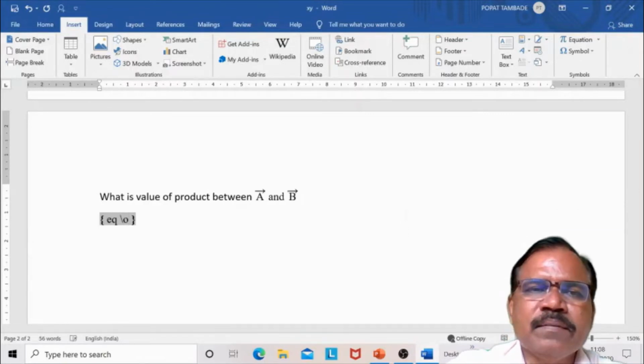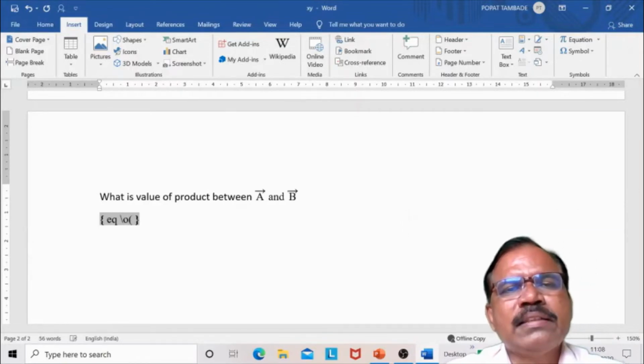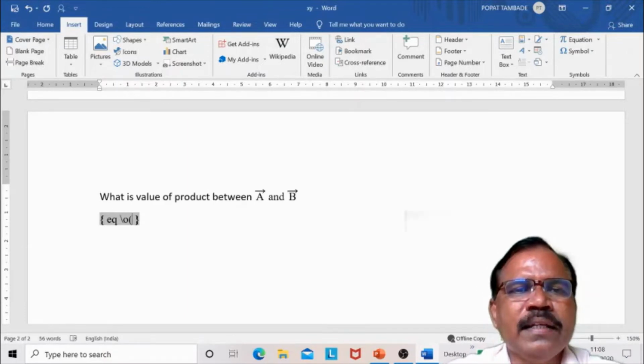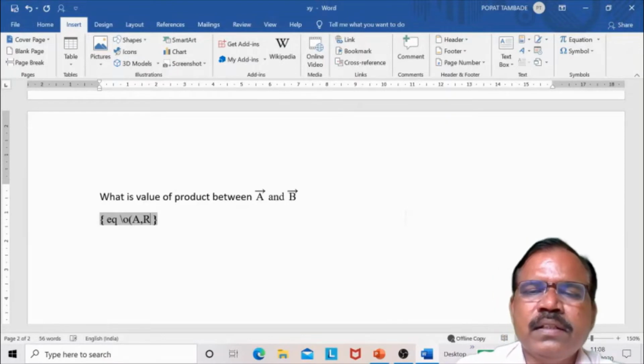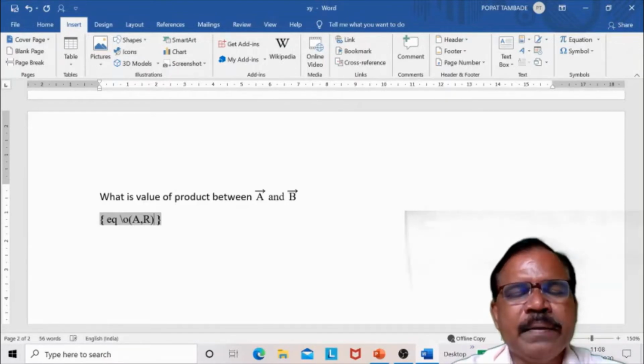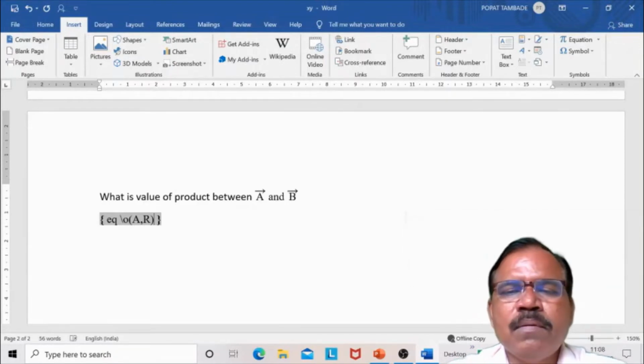Now what happens here? Suppose we use this \O in brackets. Now you will have two fields separated by a comma. So suppose I write here A, comma, and suppose I write some R, and the bracket is completed. And suppose we come out of the field by pressing Shift F9,